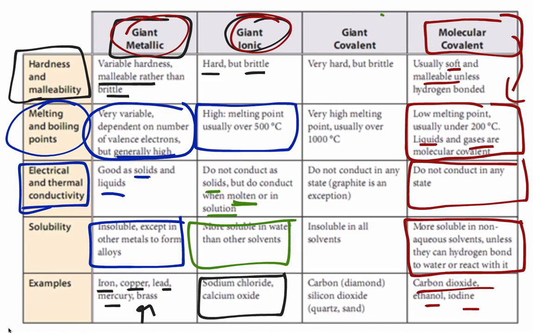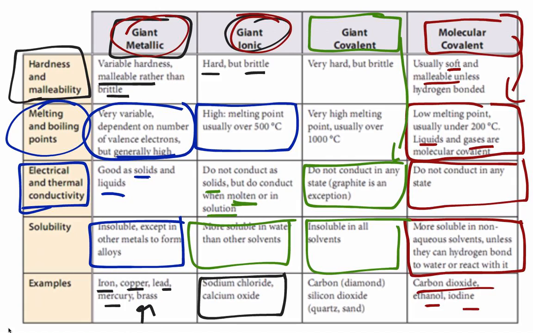So one that we haven't really looked at is giant covalent structures. There's not a ton of giant covalent structures, but there are some covalent structures that form giant lattice structures that are similar to ionic compounds, but again, they're covalently bonded. These do have some covalent properties, whereas they don't conduct electricity for the most part. They're insoluble, again, for the most part. But because they're big repeating lattices, they tend to be very hard, and they tend to have very high melting points. Our main examples of giant covalent structures are things like diamond, formed by carbon, graphite, also sand, silicon dioxide. So let's just look at those structures quick as an example.